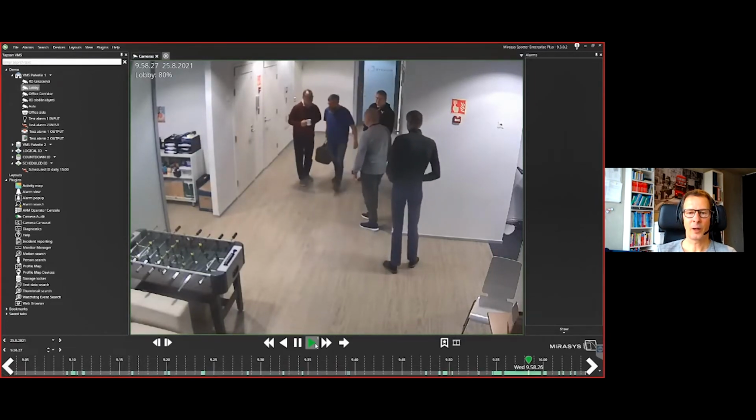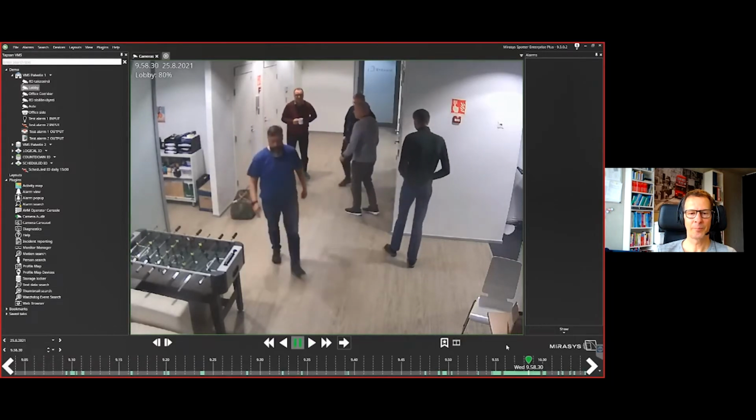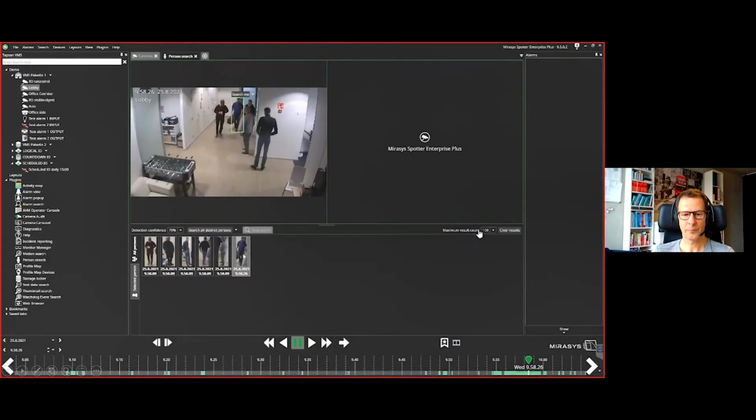So now we have the time slot when the person is there, putting it into it. And now we can use the person search plugin. Open the person search plugin. Next slide, please.